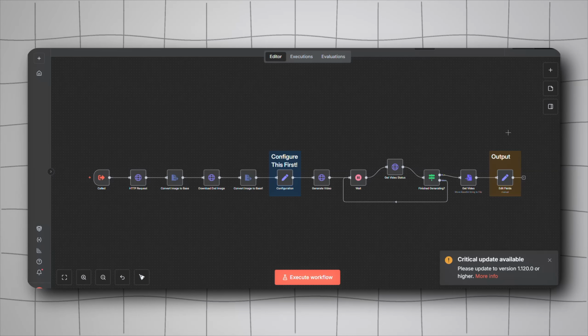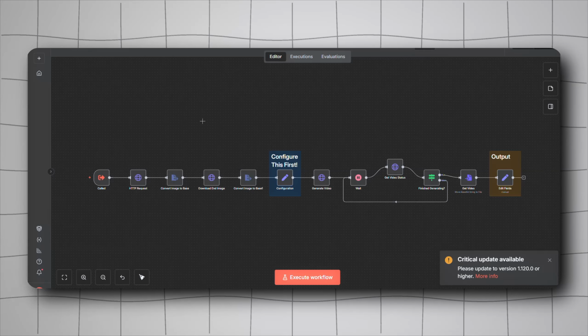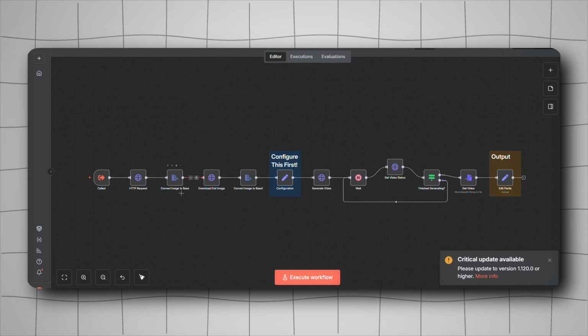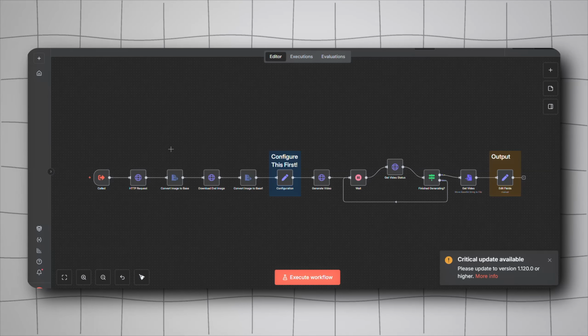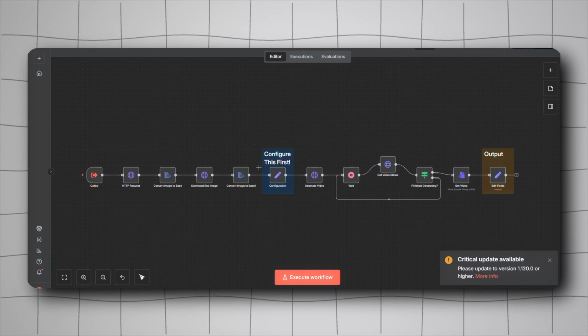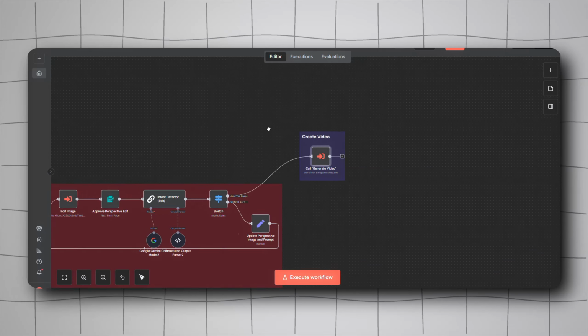You can use Fal AI and access a different video generator model, but for our case, we went with Veo 3.1 because it's free and we want to make the cost as low as possible. You can try multiple models if you have money, of course. We have made a video on how to access Veo 3.1 for free before, so go ahead and check that out. So yeah, this is the whole